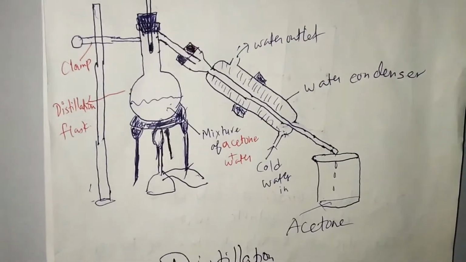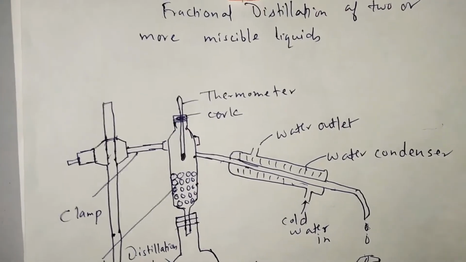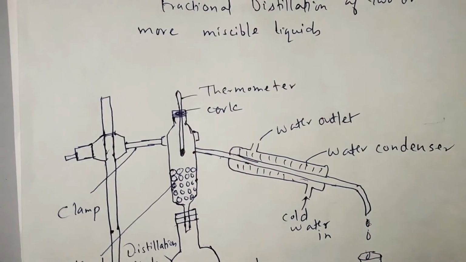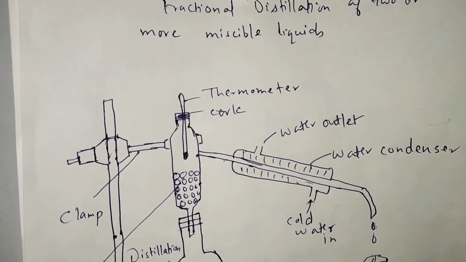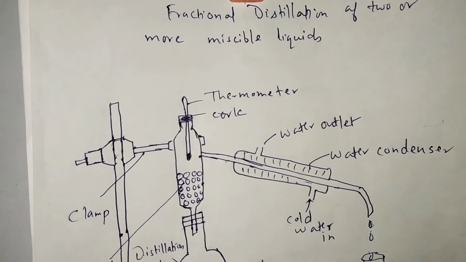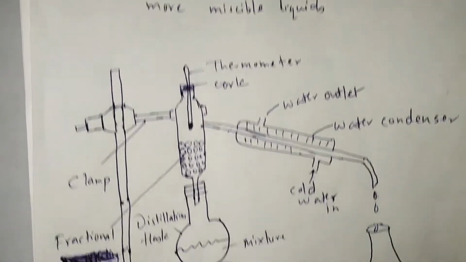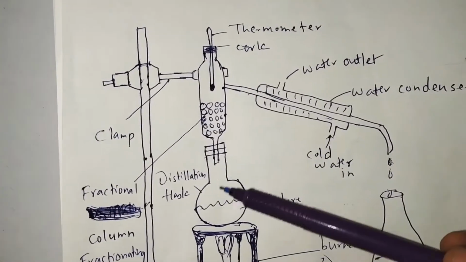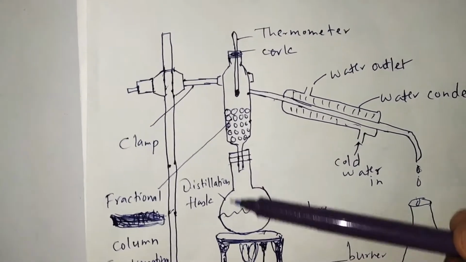Now we're going to talk about fractional distillation. Dear students, fractional distillation is used for two or more miscible liquids. In case you have two or more miscible liquids and their boiling point difference is less than 25 Kelvin, you can use fractional distillation. Why so? Why can't we use the simple distillation process? Because in simple distillation, when the boiling points have less difference, there is a chance